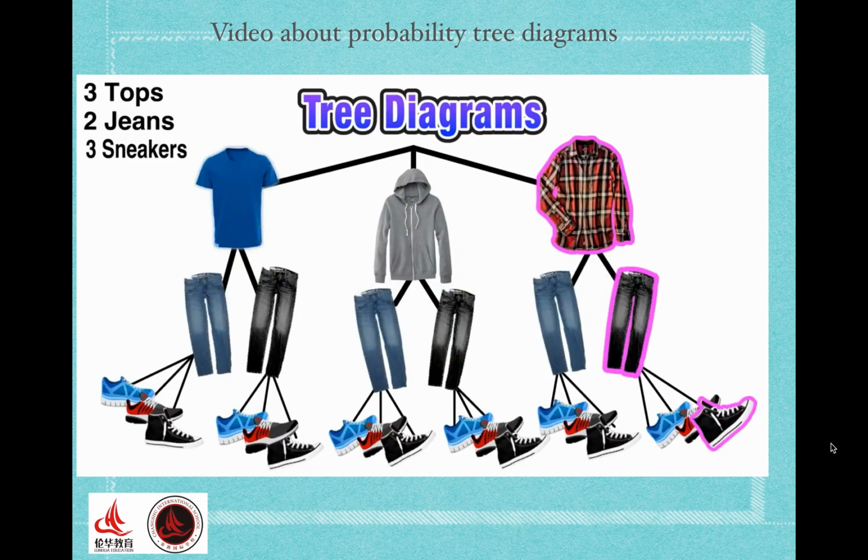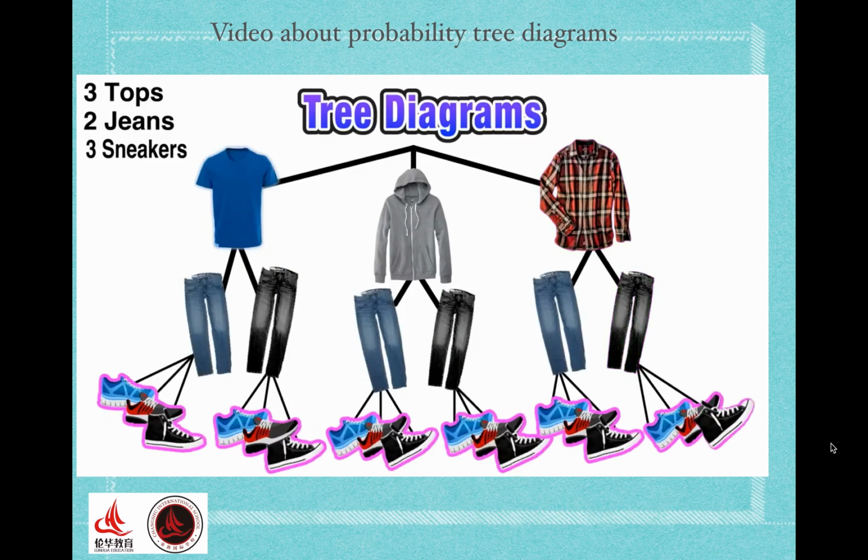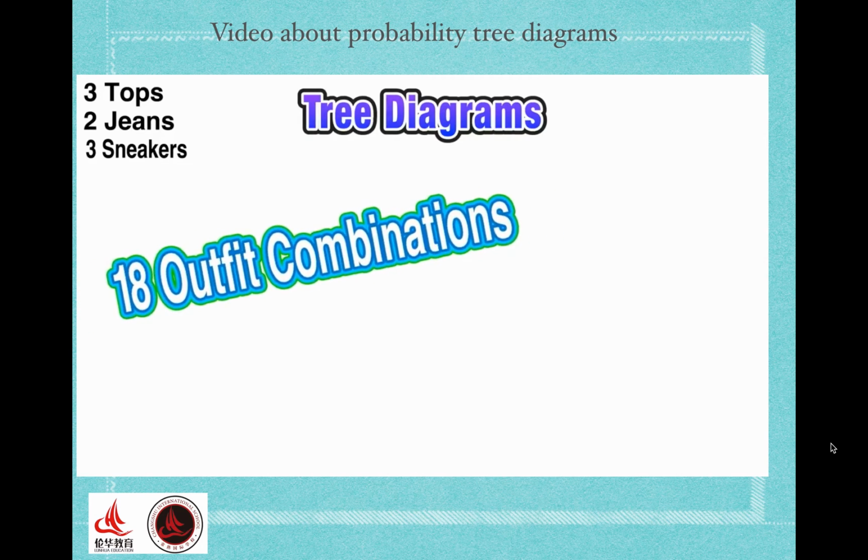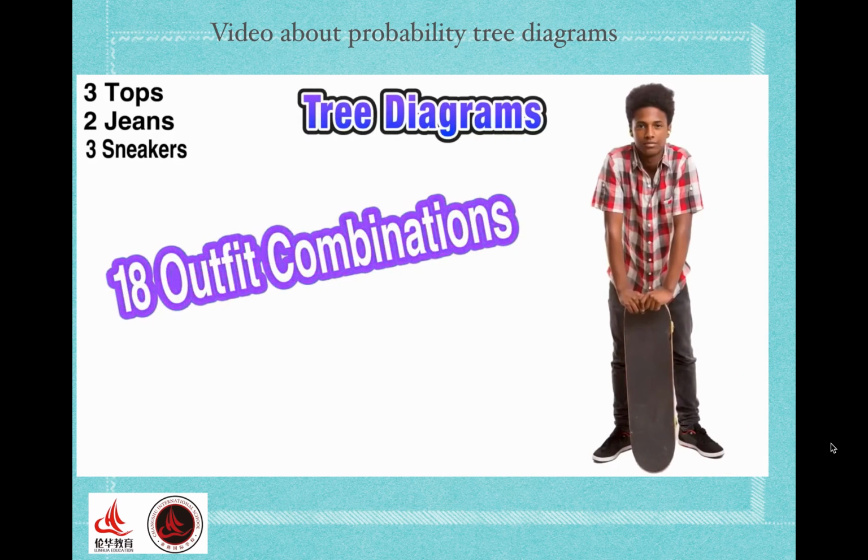And we can figure out the total number of different outfit combinations by counting all of the shoes in the bottom branches of the tree diagram. And if we count all of these shoes, we should get a total of 18 different outfit combinations. Now here's a little shortcut for finding this total number without actually